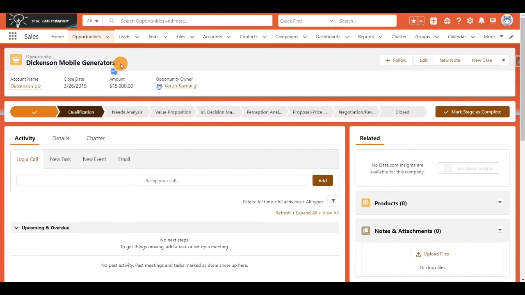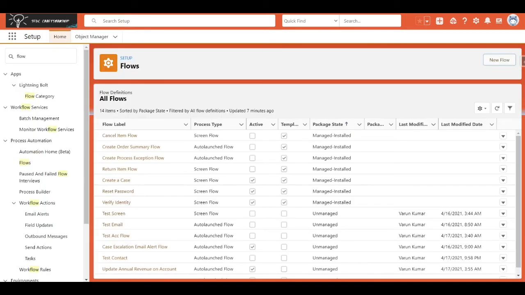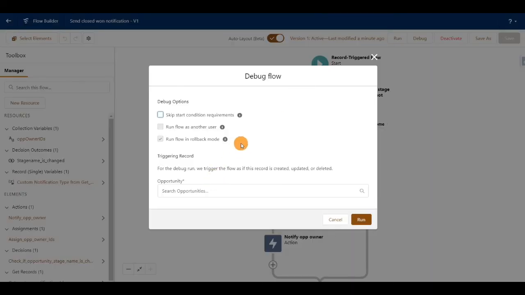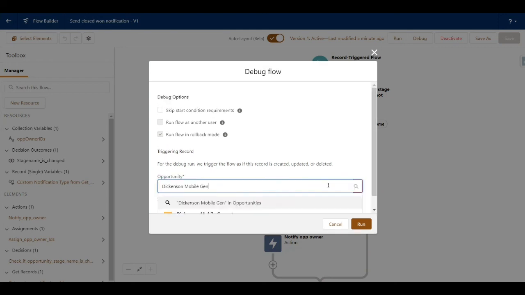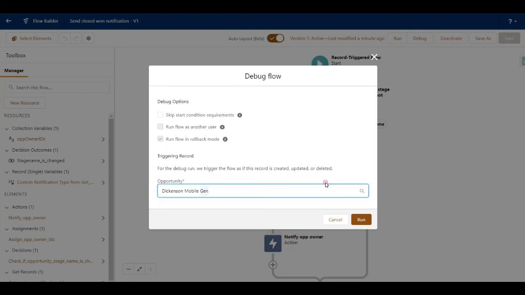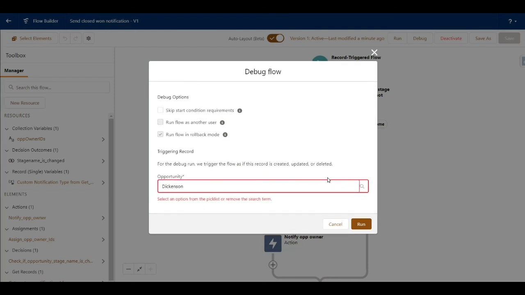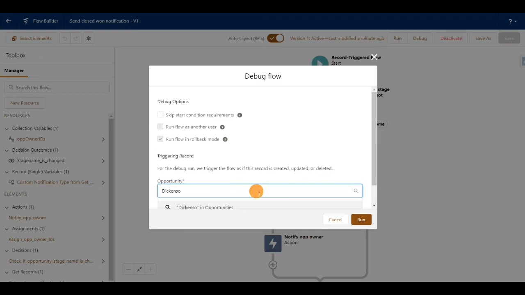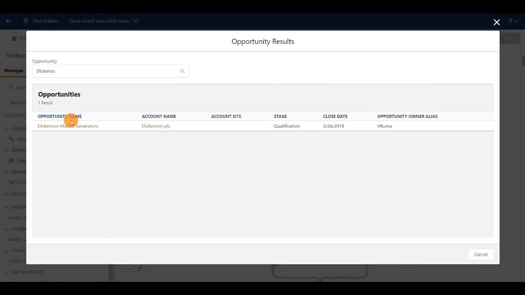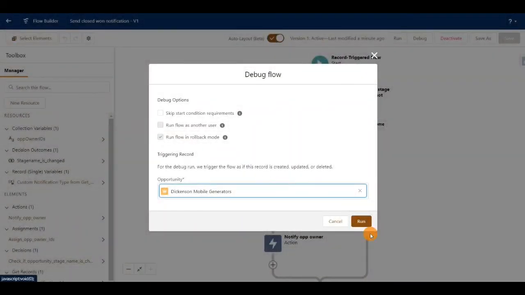This opportunity stage is in qualification. Now I'll select this in my debug. So I'll go back to my flow, and while debugging the flow, I'll select this opportunity and click on run.